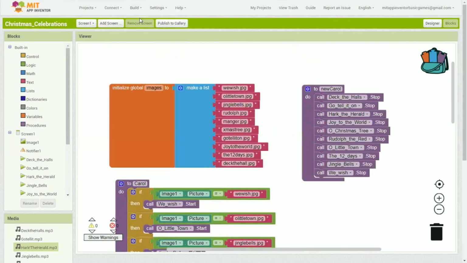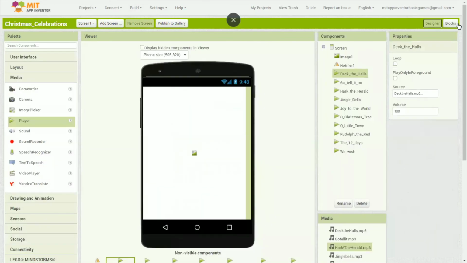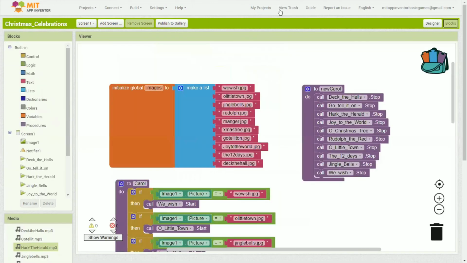Why is it not building? Oh, there's some internal error. So I'll go to designer and then again go to blocks and click on build. So here you can use the connect option because this may be a complex app for you, so that you can see the real-time preview, but there are some features which will not be available. Okay, so guys, the server is busy now. We'll try some other time.